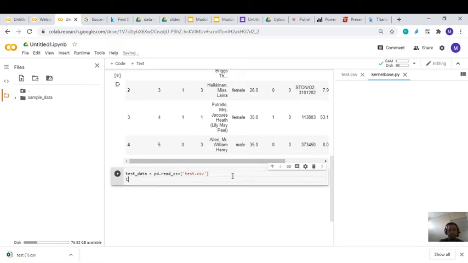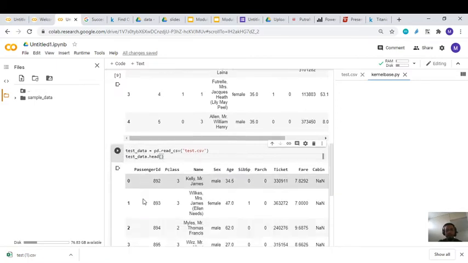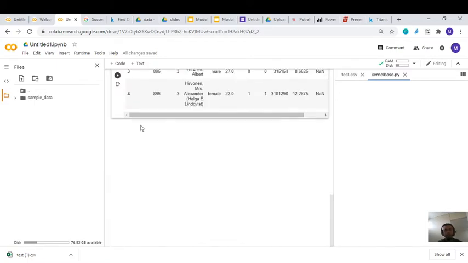Please enter test data dot head. Then you can press control enter or use this button. Okay, so the data is already in the Google Colab and also already read by our library. Then after that